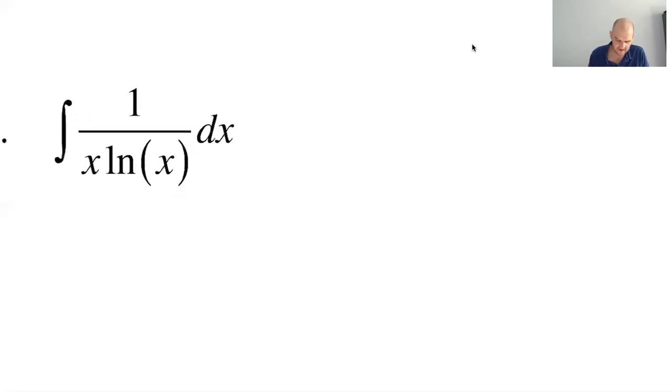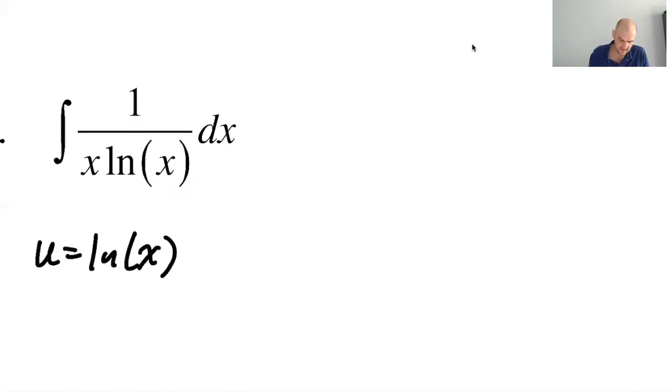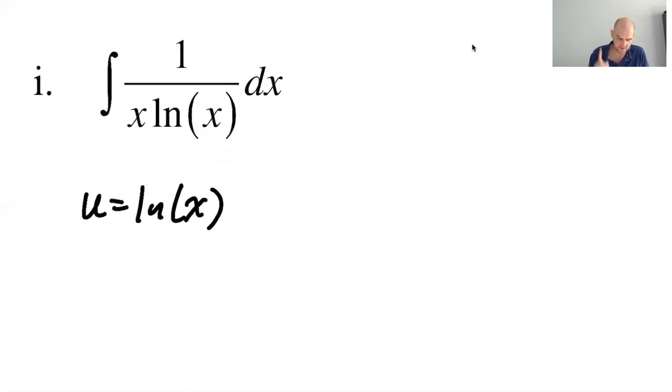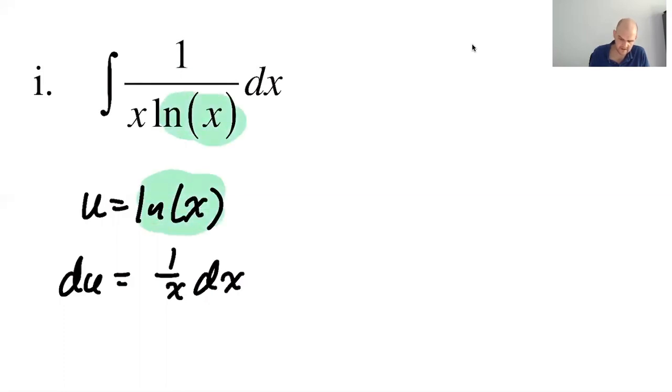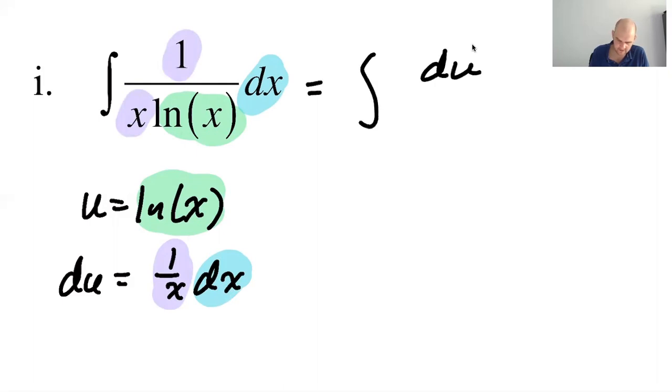But it does. I'm going to say that we want to make u equal natural log of x. The reason is that the derivative of natural log of x is 1/x, which is kind of already there. And so du is going to be 1/x dx. I will do the highlighting thing on this one. This is this, and then this 1/x is actually there. So we can turn this whole thing into du, which is 1/x dx,